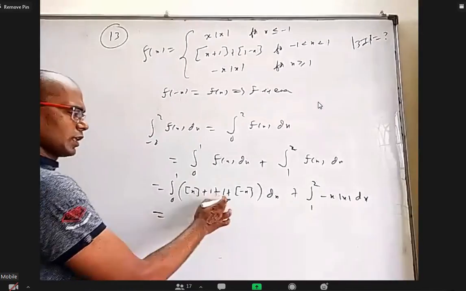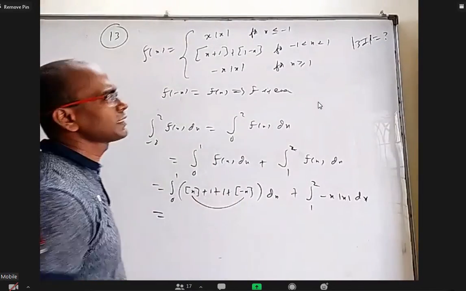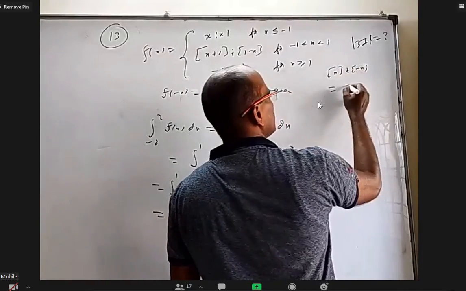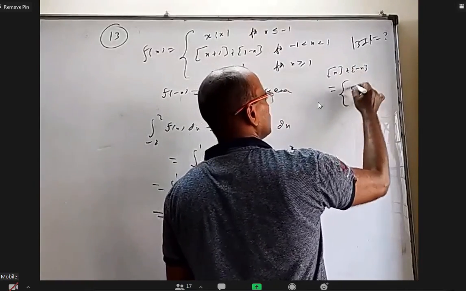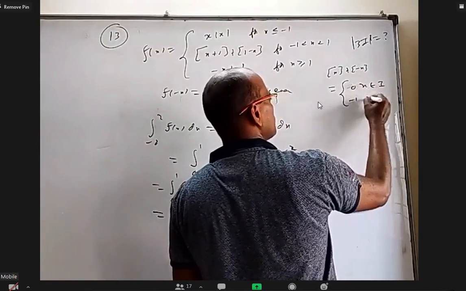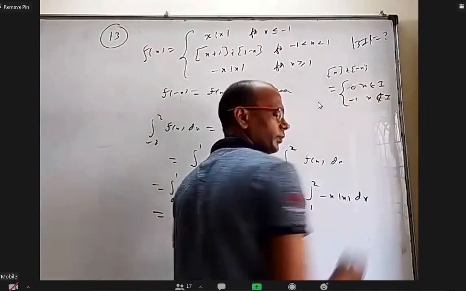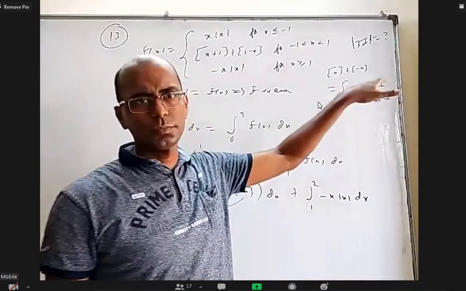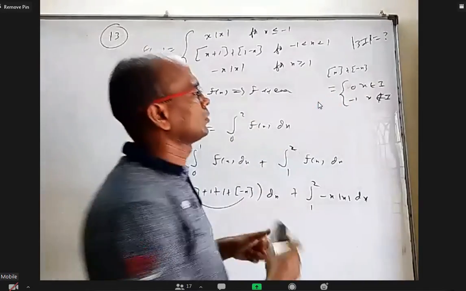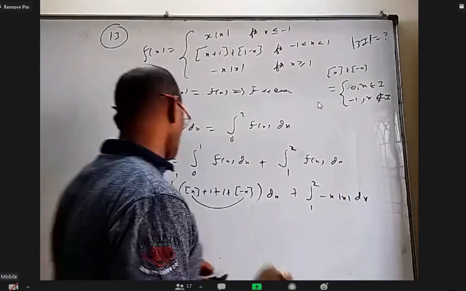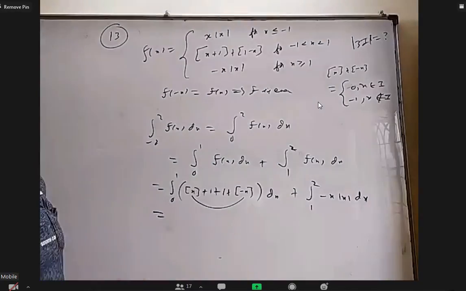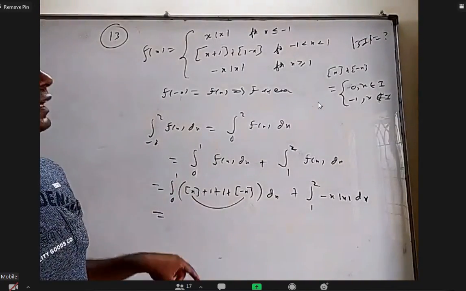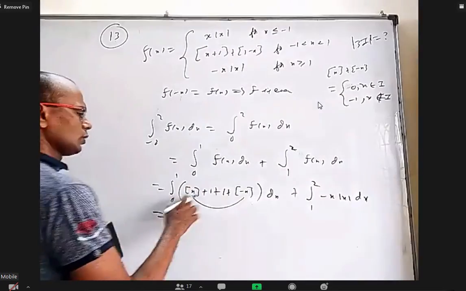Okay, now this is 2, that's okay. But integer part of x plus integer part of minus x is 0 whenever x is an integer, and it is minus 1 whenever x is not an integer. If you take any number which is not an integer, this answer is always minus 1. And if you take an integer, it is 0. So between 0 to 1, we are not worried at 0 or at 1 what will happen. We are worried about between 0 to 1, which is not an integer, so it is always minus 1. So it will be minus 1.